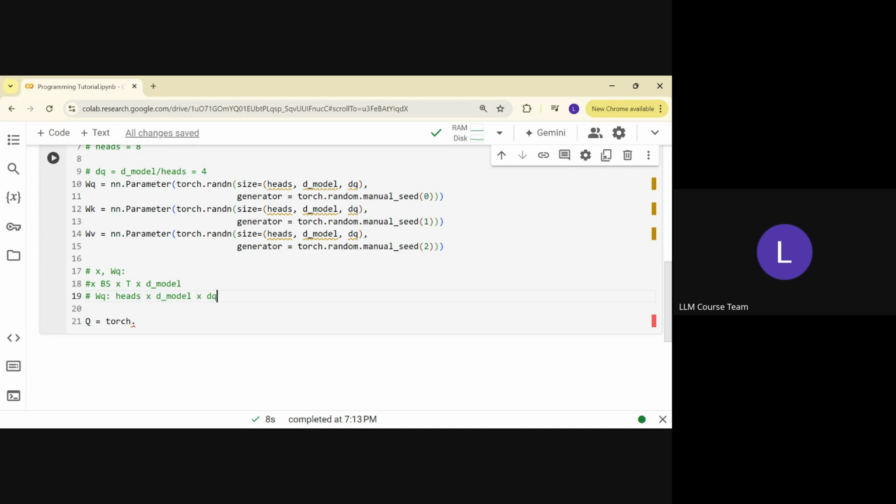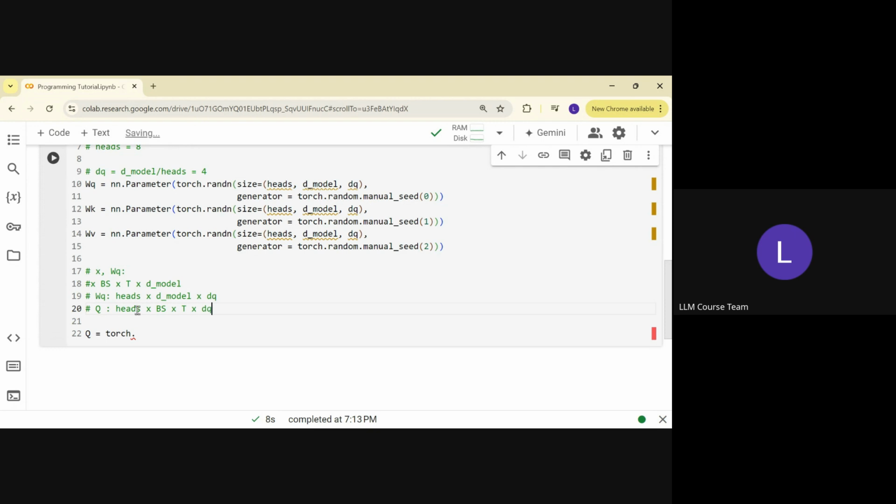Now imagine that if I can get an output, just this is kind of our wish list, this is the output I'm expecting. So what if Q is something like this: heads by BS by sequence length by DQ,